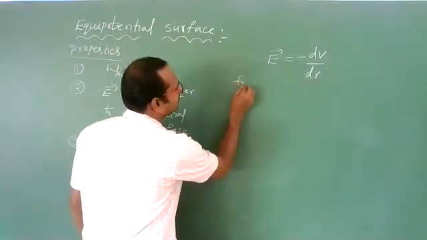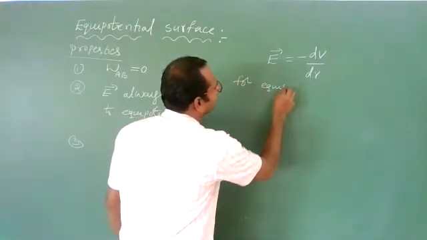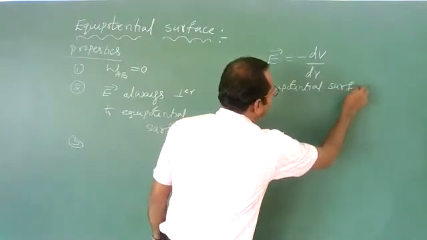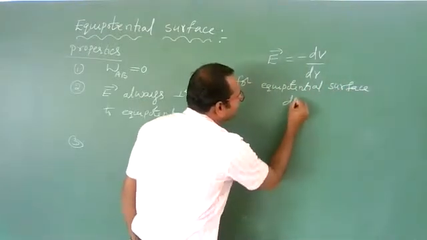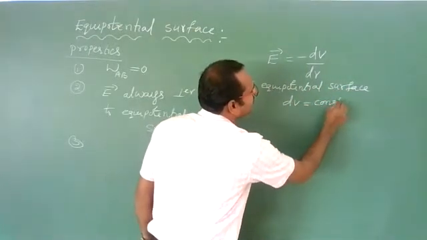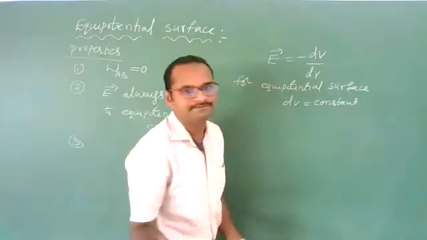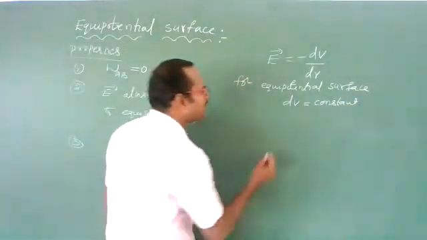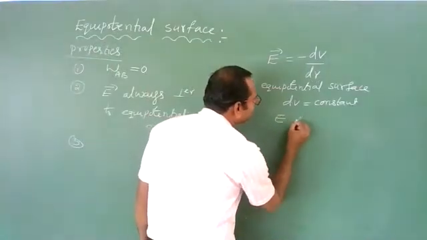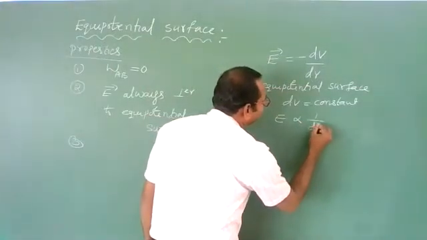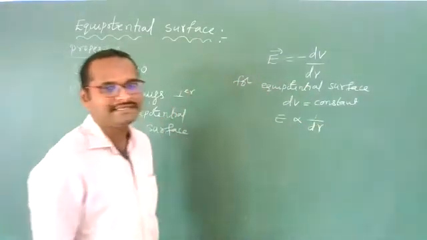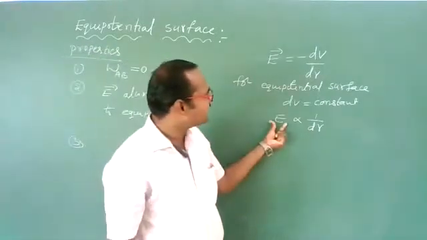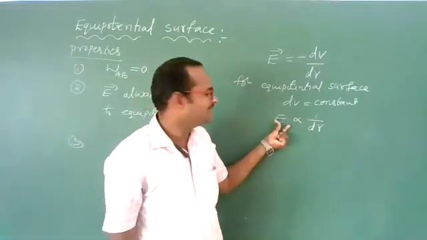Means for an equipotential surface, you can take the dV value as constant. The change in potential should be the same. Then only it is called an equipotential surface. Clear? Then what should happen? E is proportional to 1 by dr. That means where the electric field is more, the dr value